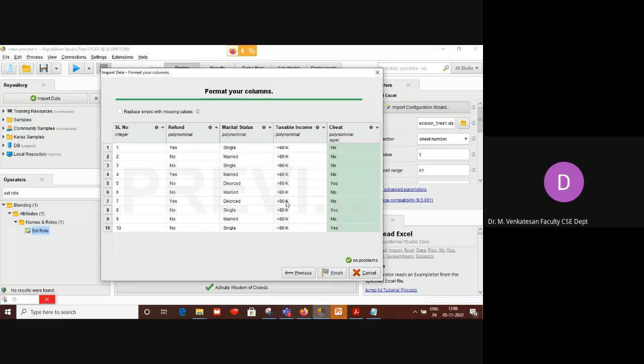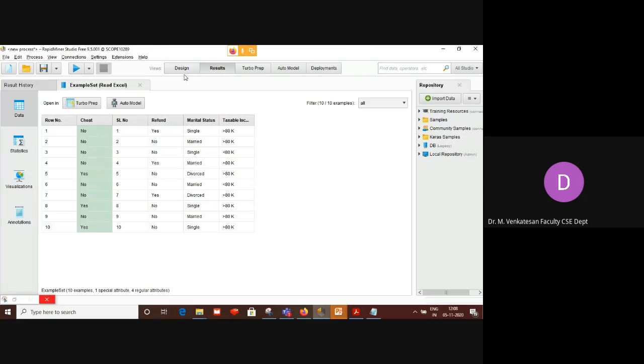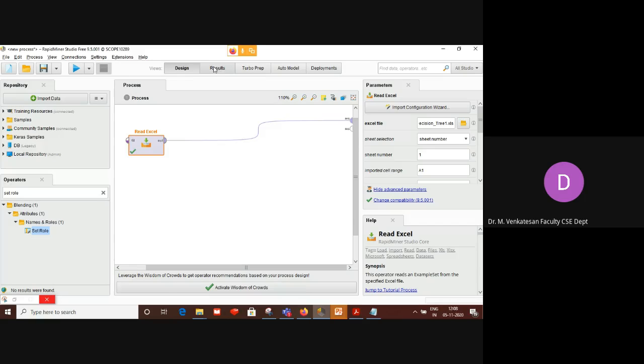I'm just repeating this process. Done. Okay, this is fine. So here you can see, I want to move to the design, I am clicking design. If I want to go to the result, I am clicking result. This is the way to move.